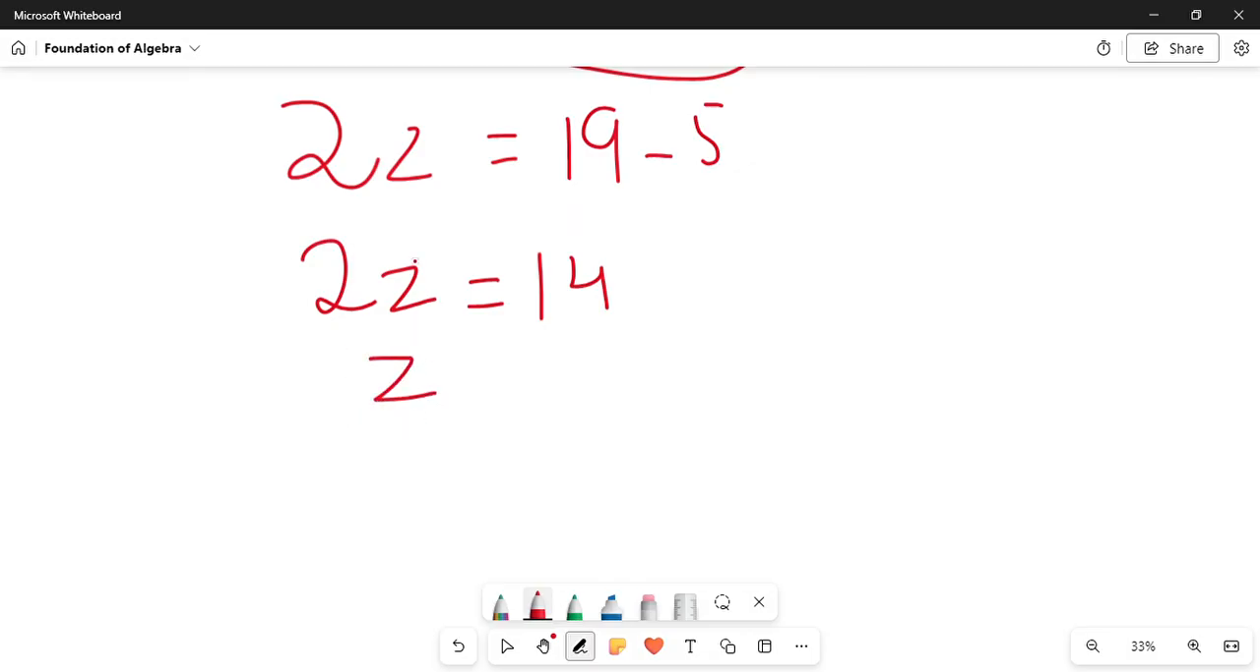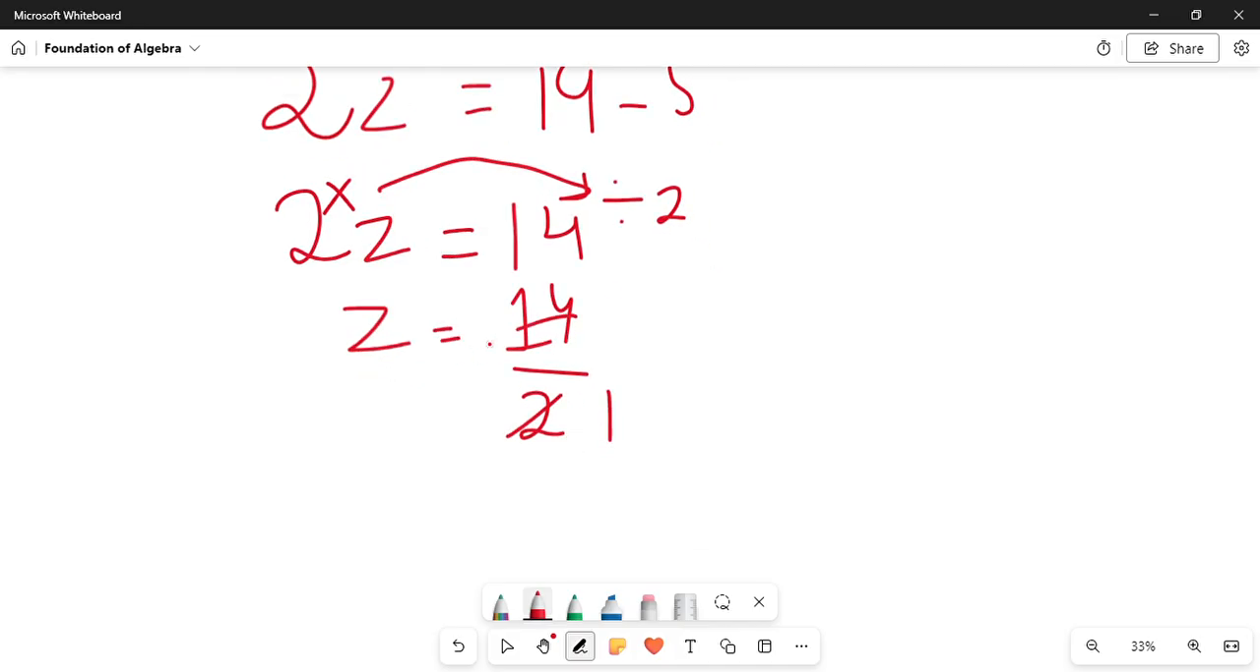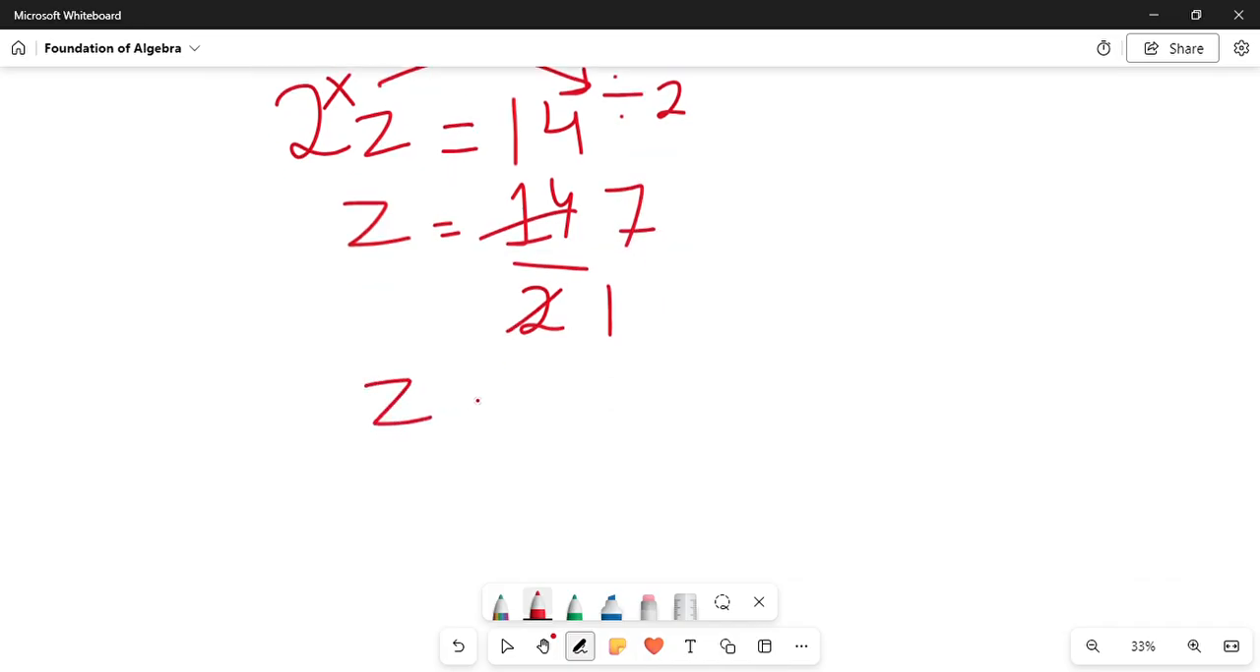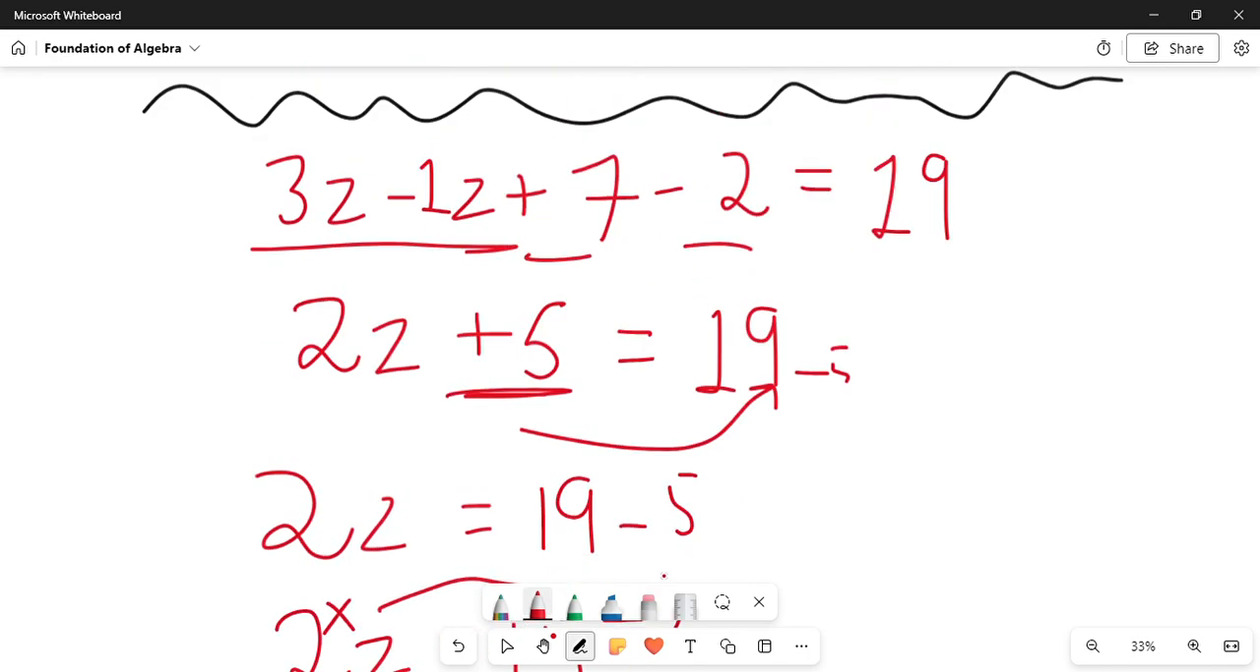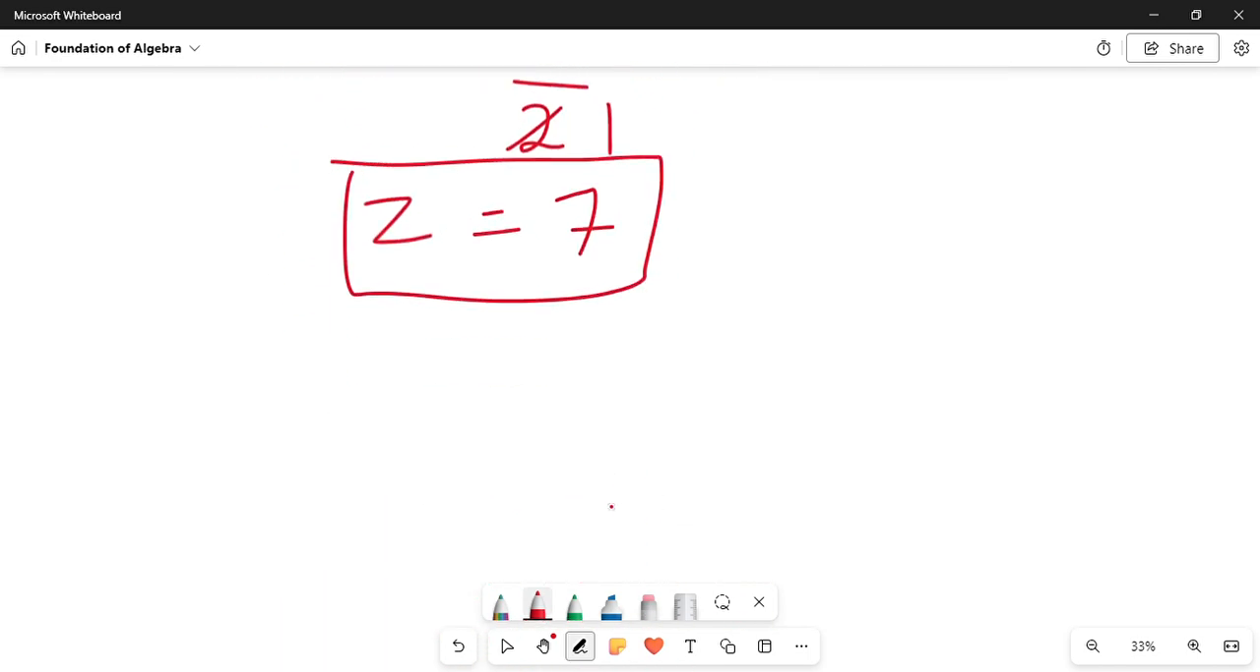So z, because this is being multiplied here, on the other side it will be divided by 2. So which equals 14 divided by 2. 2 1s are 2, 2 7s are 14, so z equals 7 here. This is the answer. Let's move on to the next question,